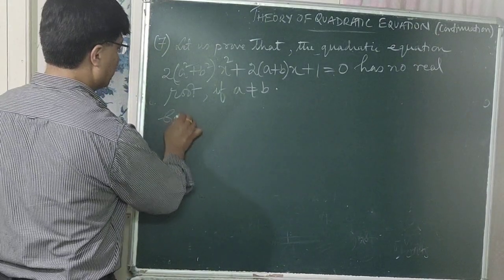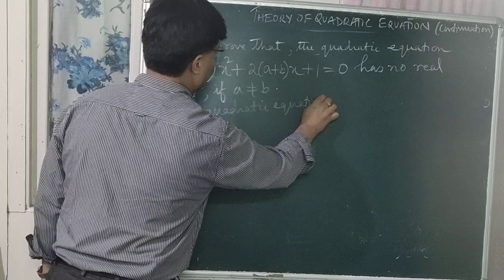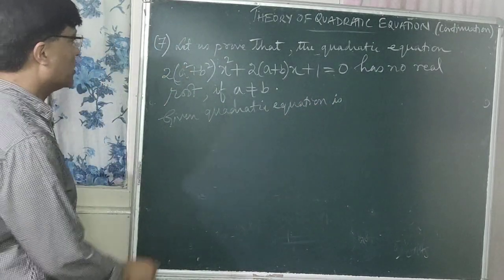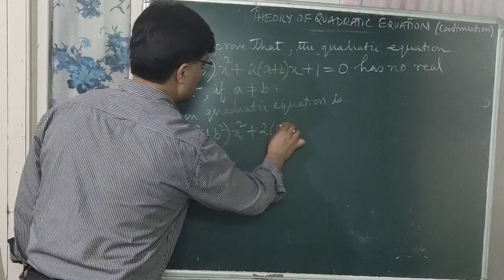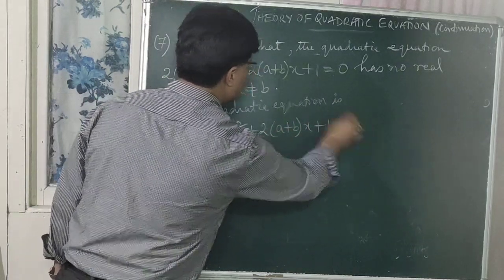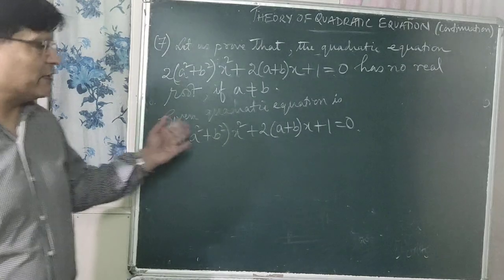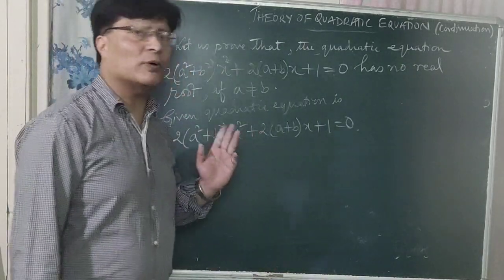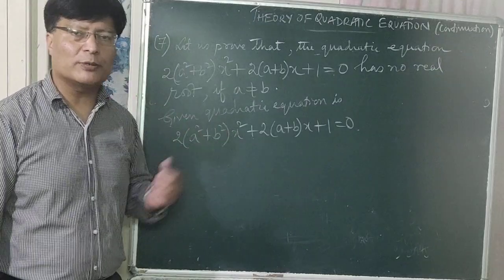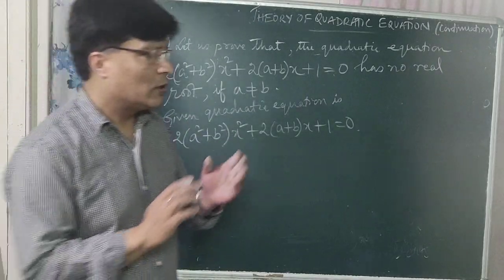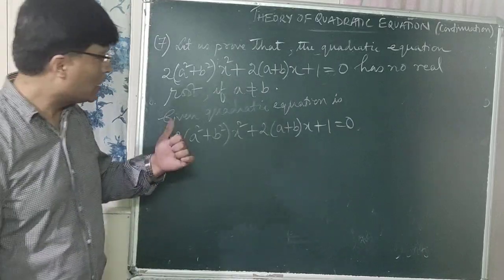So let us write down given quadratic equation. Given quadratic equation is, what is the given quadratic equation, 2 into a square plus b square x square plus 2 into a plus b into x plus 1 is equal to 0। त यसको चाहिँ कुनै पनि रियल रुट हुँदैन भनेर प्रुभ गर्नुपर्छ। यहाँ फेरि नेचर अफ द रुट्स। कुनै पनि क्वाड्रेटिक इक्वेसनको रुट्स चाहिँ रियल हुँदैन अर्थात् इमेजिनरी हुन्छ भने चाहिँ हामीले के प्रुभ गर्नुपर्छ, डिस्क्रिमिनेन्ट शुड बी लेस देन 0।